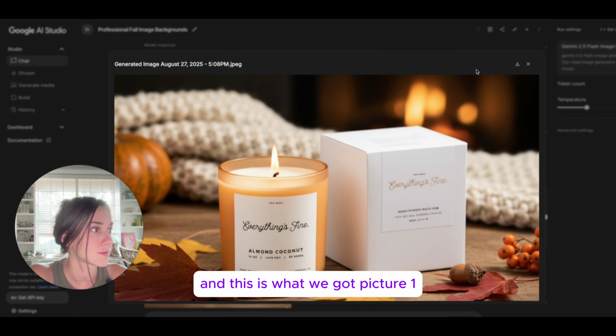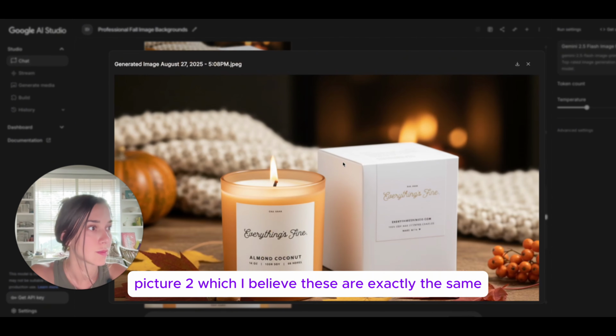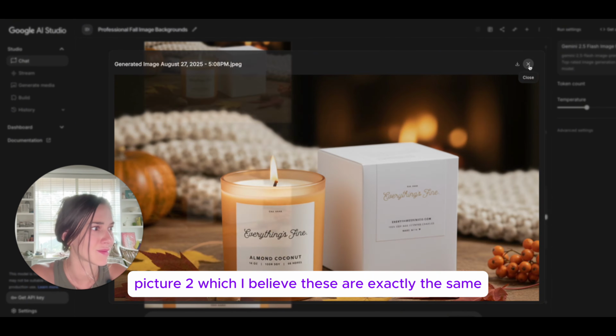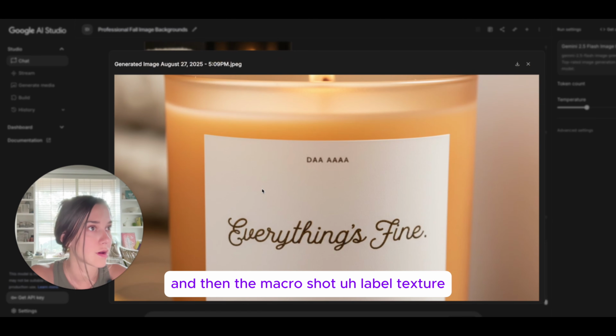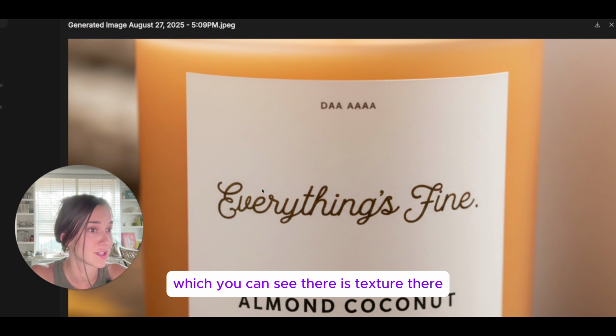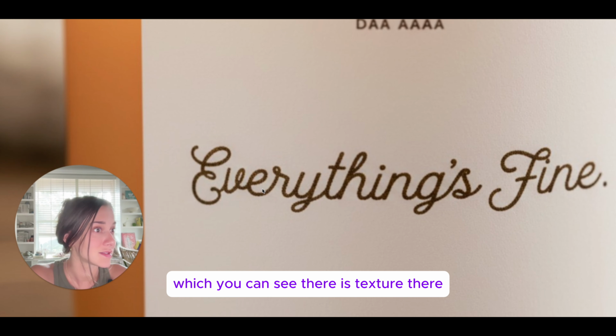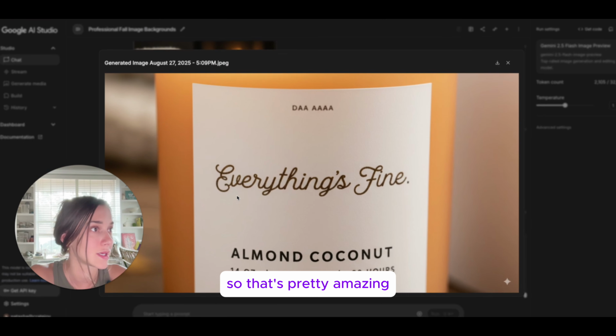And this is what we got. Picture 1, picture 2, which I believe these are exactly the same. And then the macro shot label texture, which you can see there is texture there. So that's pretty amazing